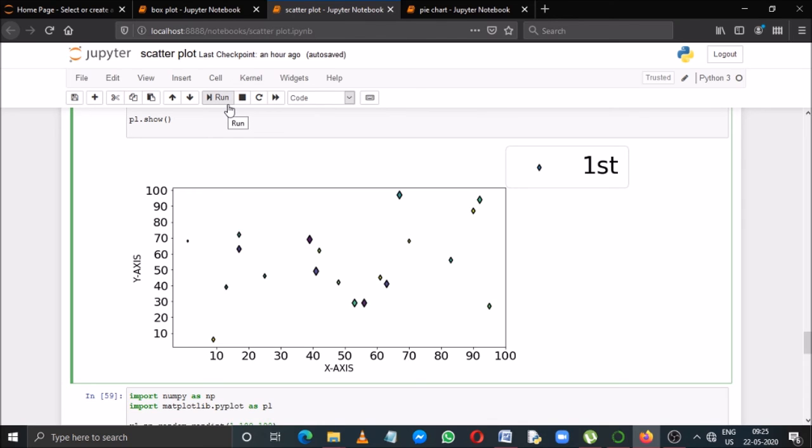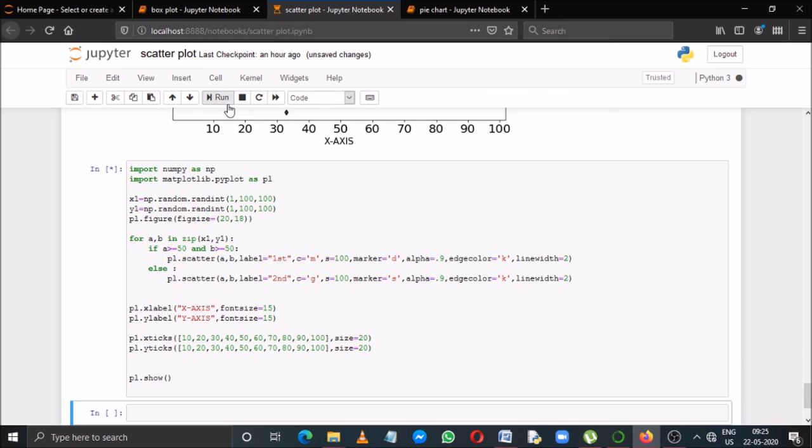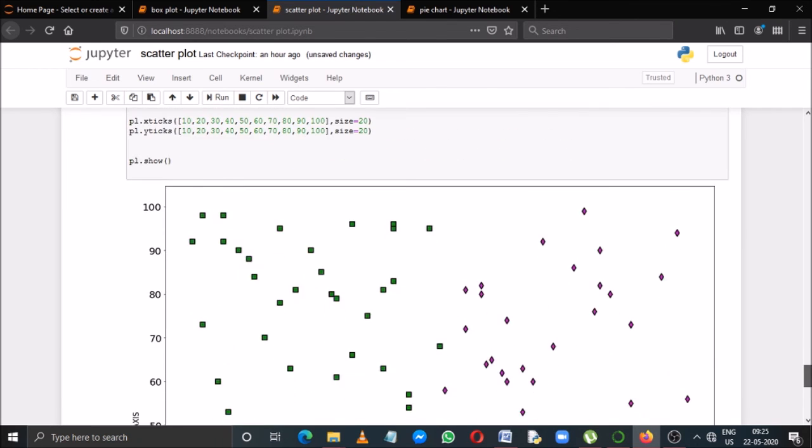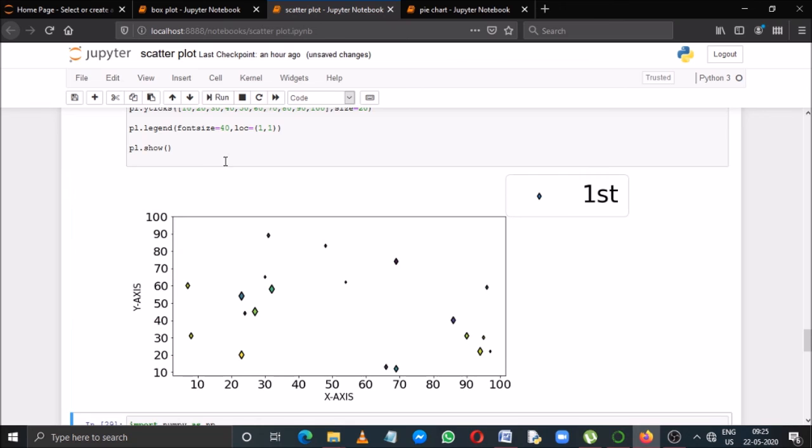Just see it carefully, and let me run this program again. See, the color and size are also changed. Again, if I run it, again these are changed.